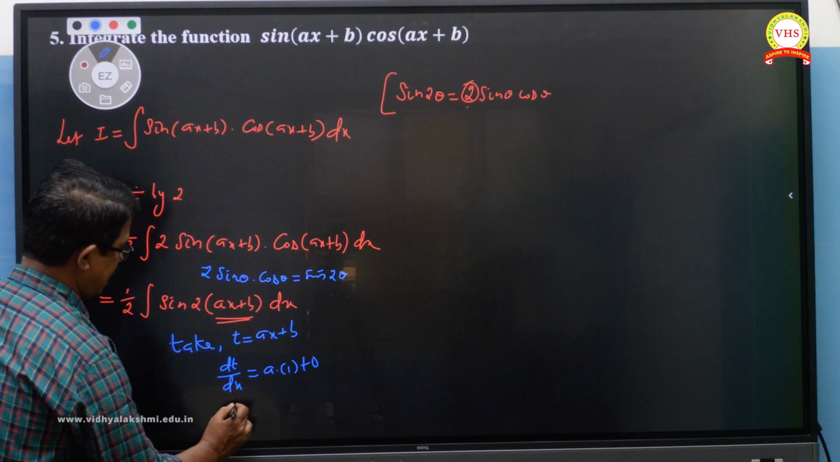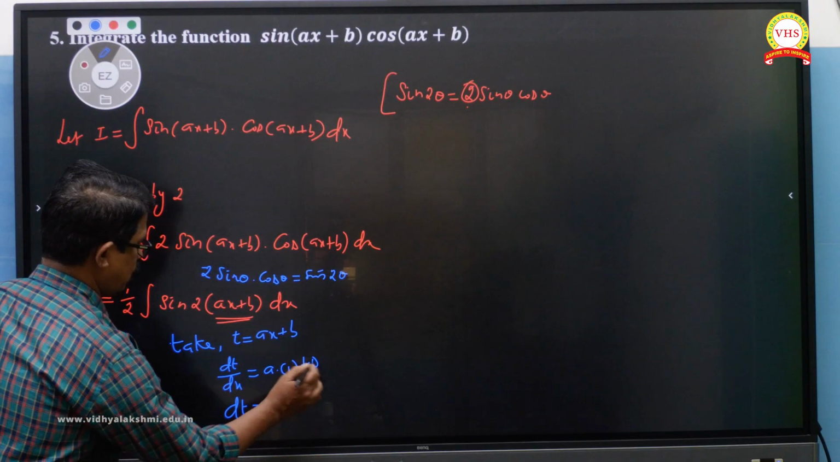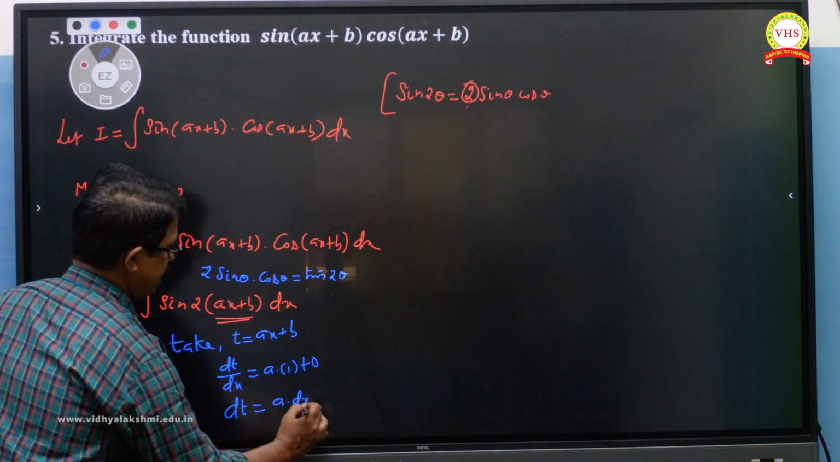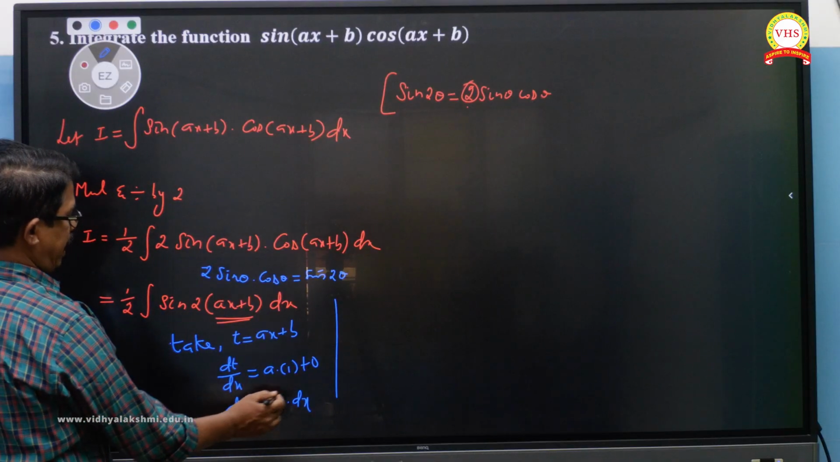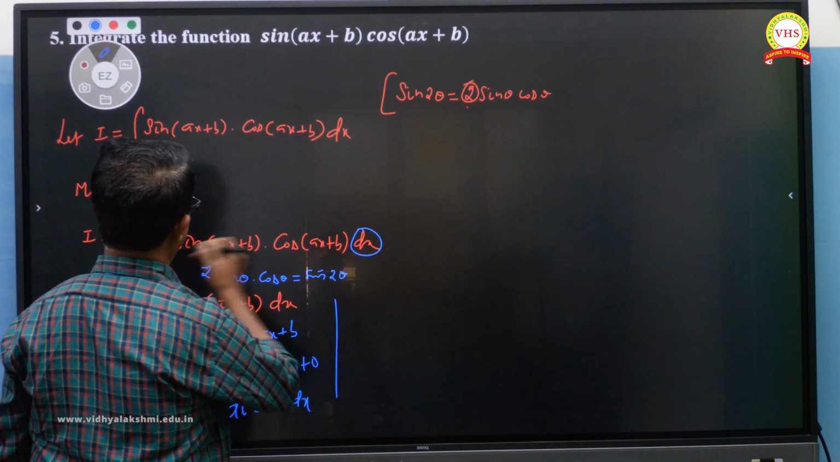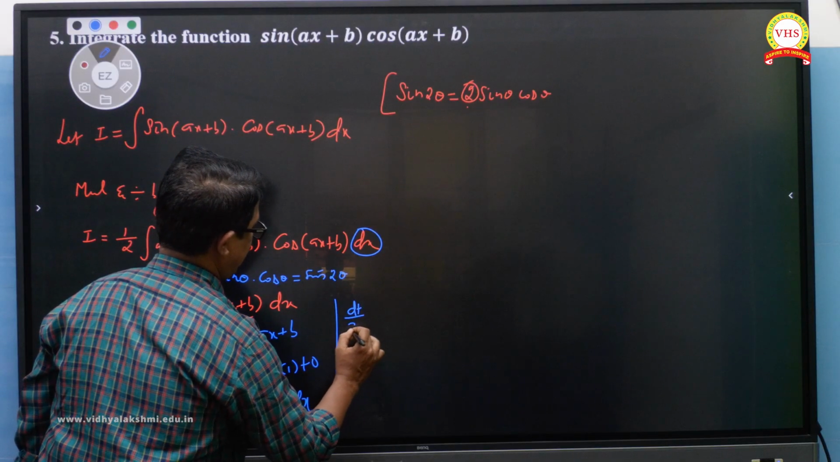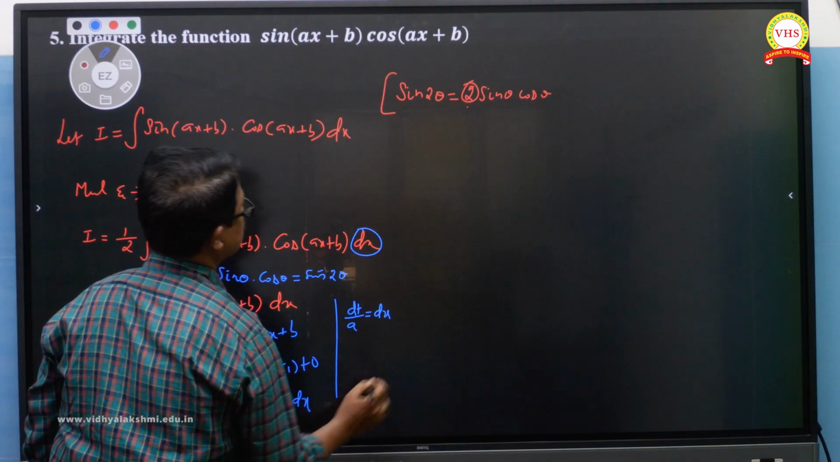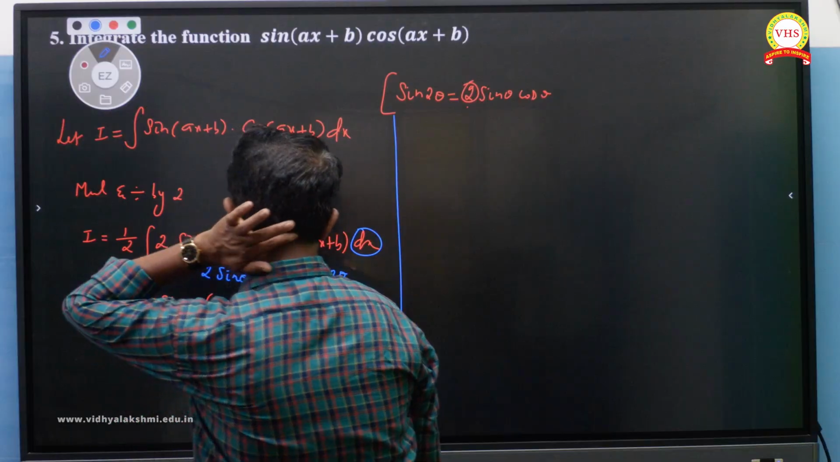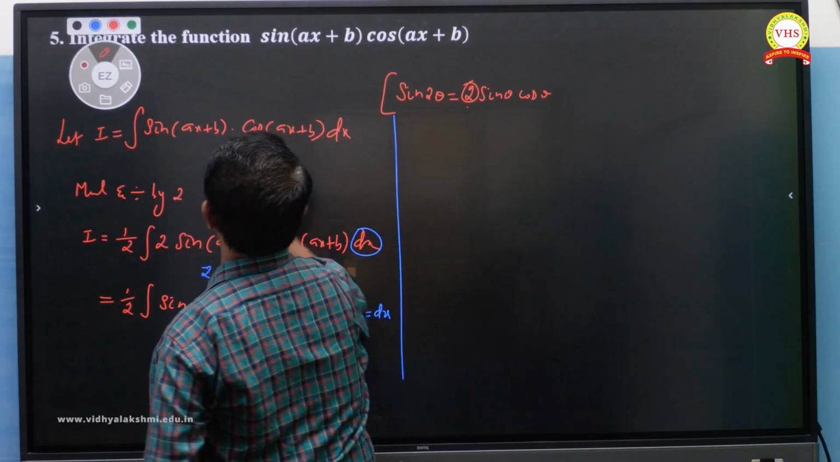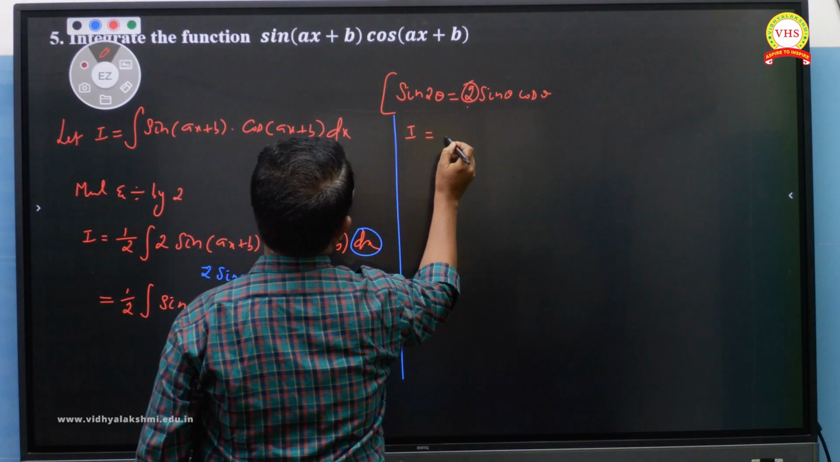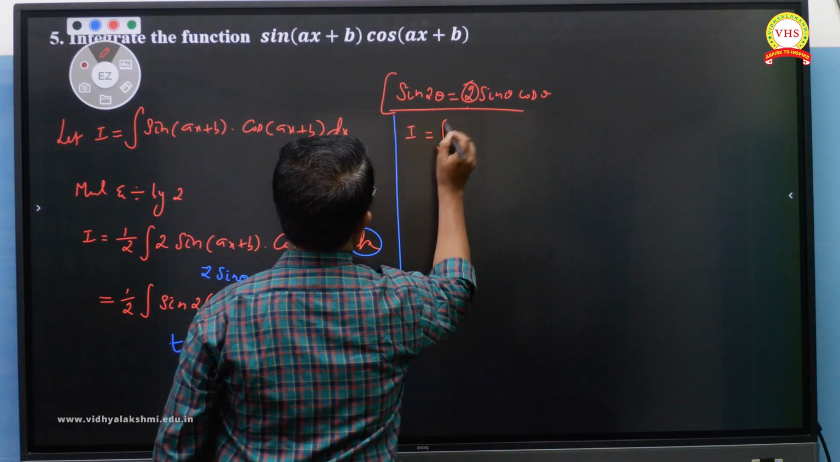Now I need only dt value. So dt equal to a into dx finally. So I need only here dx exists. There is no other constant. I am going to take dt by a equal to dx. Now, what does I become? The given integration becomes, now I equal to integral,